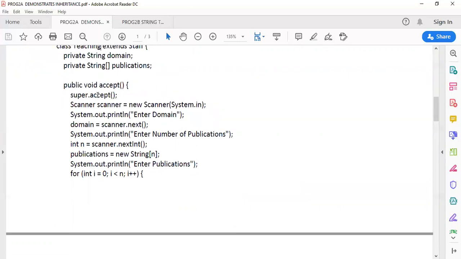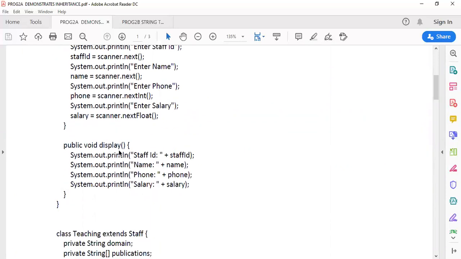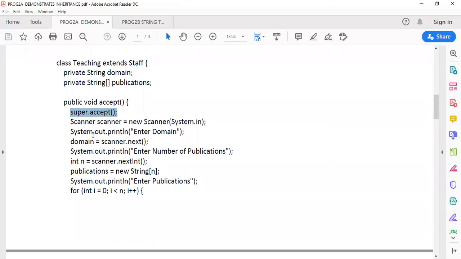When you call this accept function that belongs to the superclass, it accepts the staff ID, name, phone number, and salary of the teacher. Then it comes to this line. We are declaring a new scanner here.